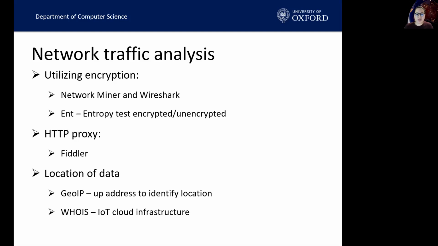To find an easier method to identify if traffic was unencrypted, we used entropy tests, using a tool called ENT, which analyzes the packet payload to look for unencrypted information. The test values run between 0 and 8. A high entropy value indicates there's randomness in the payload, which is most likely encrypted. Anything closer to 0, which is low entropy, is more likely to be clear text. Although there's no definite threshold, we set our threshold level to 7 to avoid missing any encrypted traffic.